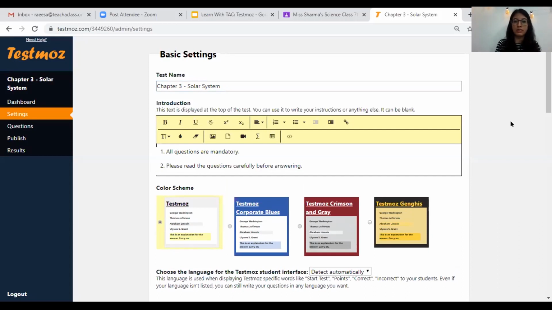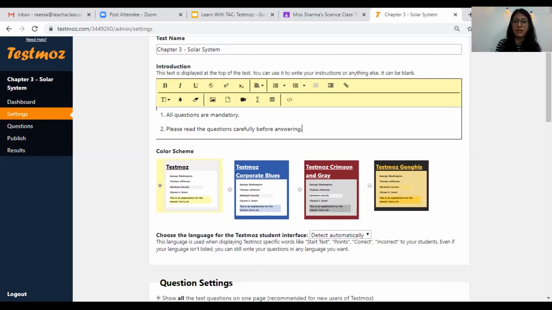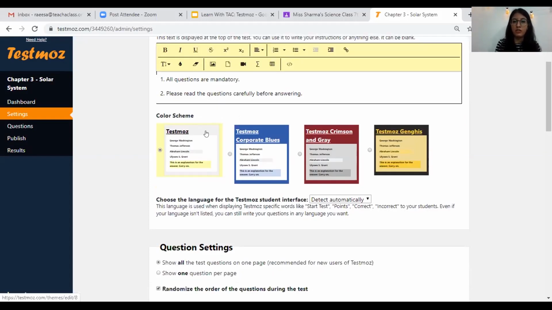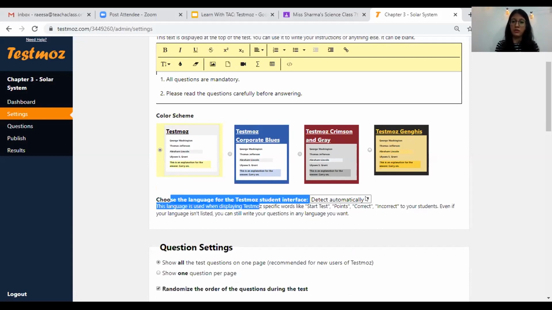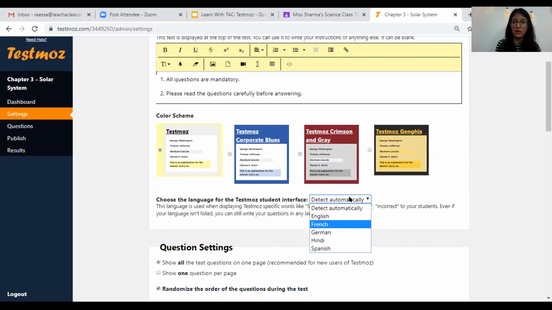Now let's go over to the next setting, which is the color scheme. In this color scheme, you have an option of choosing different colors. I like to keep it very, very simple because it looks more formal that way. Now over here, I have an option to choose the language. I will explore this option. Okay, here we have English, Hindi, German, Spanish, French. So to answer the question that was asked before, we do have an option for Hindi as well. Now over here, I'm detecting it automatically because my keyboard will automatically type in the English language.